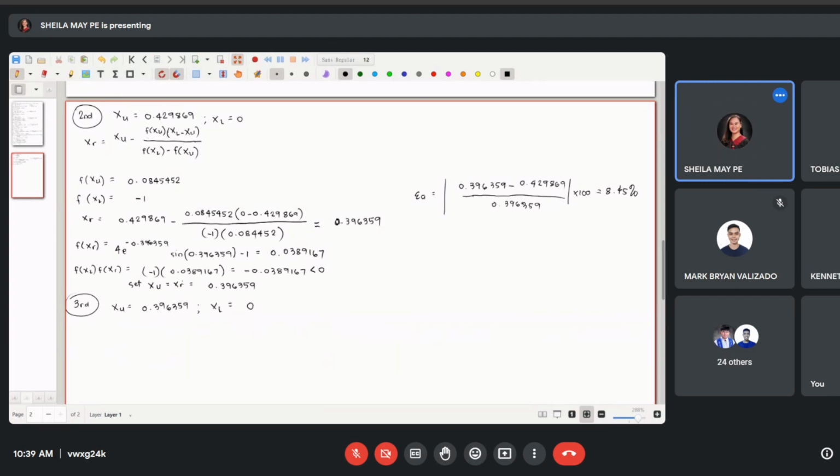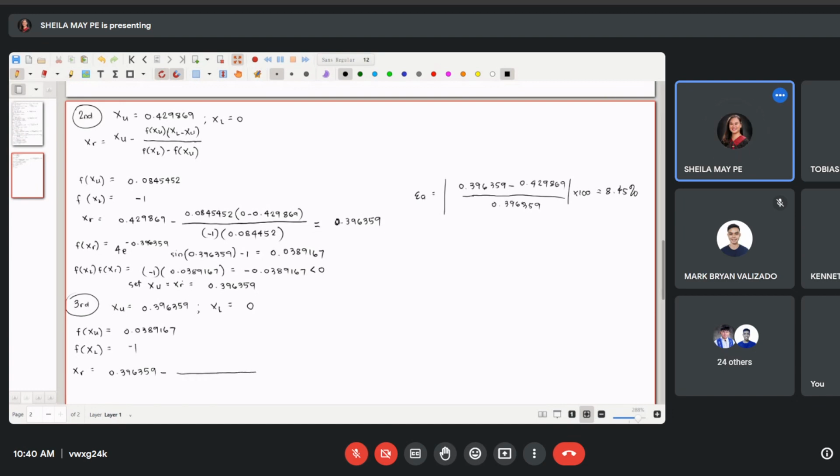So we need to find the function of our x sub u, 0.396359. So that's 0.0389167. Now for the function of our x sub l, that's still negative 1. So x sub r would be 0.396359